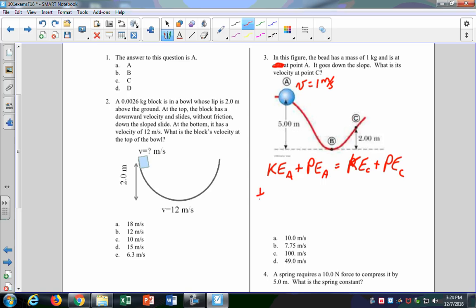I would say 1/2 m times (1 meter per second) squared plus mg times 5 is equal to 1/2 m times v squared, that's what I'm looking for, plus mg times 2. And then I get rid of my masses because they all cancel out. Remember, that's not true with springs when I'm doing those spring questions. And I have 1/2 plus 50,